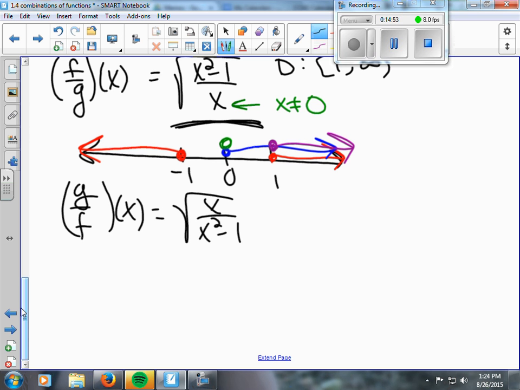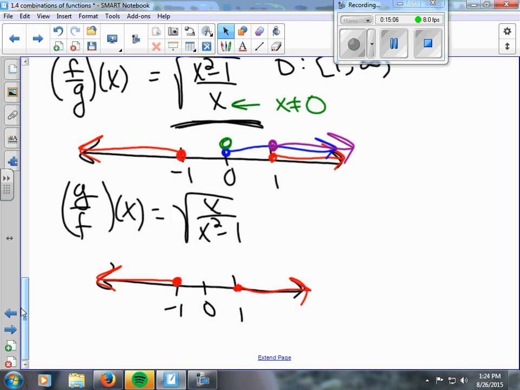And so now if I draw this picture of my domain, I've got the square root of x squared minus 1 father, who says nothing between -1 and 1, because then you take the square root of a negative, and then the square root of x mom, who says nothing negative, because then I'd take the square root of a negative, and now you've got this kid who's got a denominator of x squared minus 1, and they say no -1 and no 1, because then I would divide by 0, right? x squared minus 1 should not be allowed to be 0,